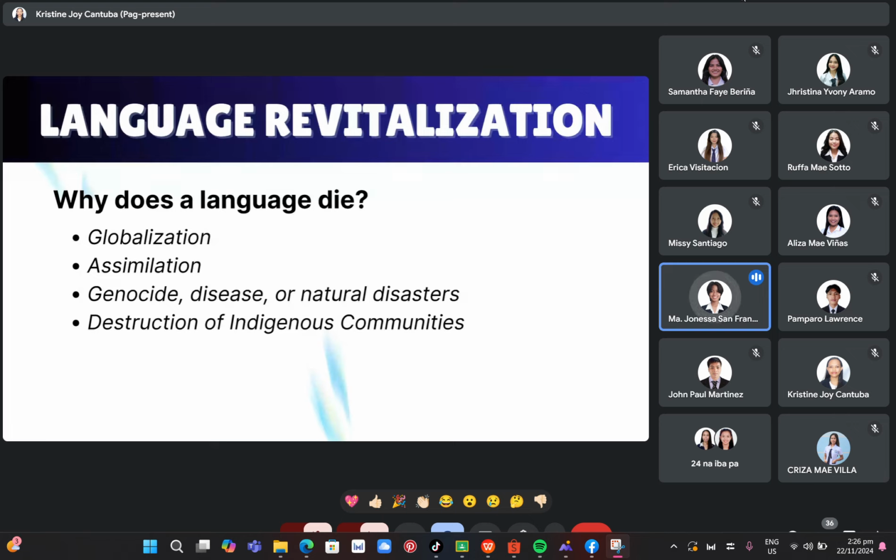As for globalization and assimilation, whether for work, education, or refuge, it can lead to diminished use of language. As communities disperse, people are being influenced and assimilate into a new linguistic environment. As they interact with others, of course, they learn more about it and get more accustomed to that language, which leads to the diminished use of their own.